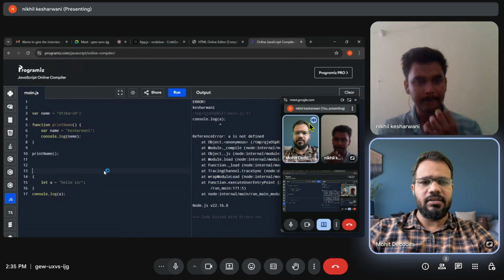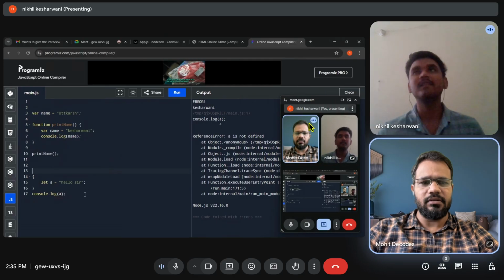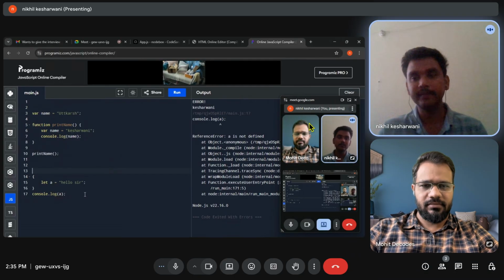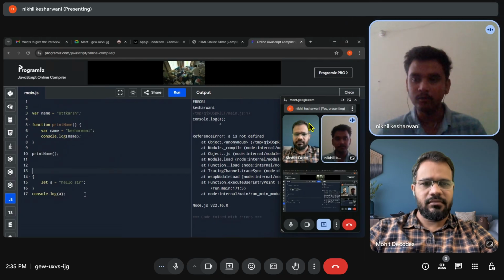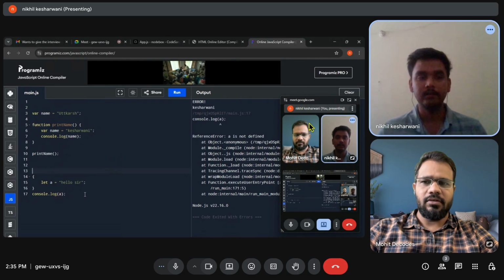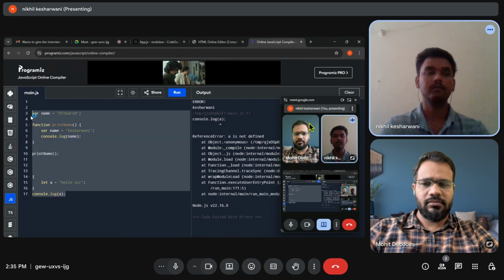Firstly, define what's our definition of closure. Closure means a function bundled with its lexical scope. Basically, even after the execution of the function, it remembers where the variable is defined. Suppose we write